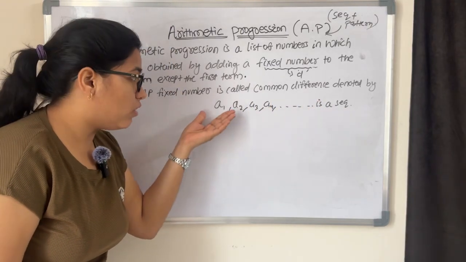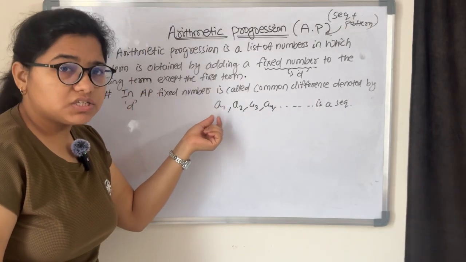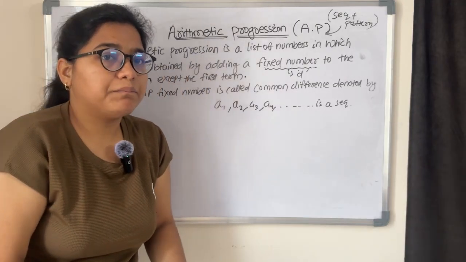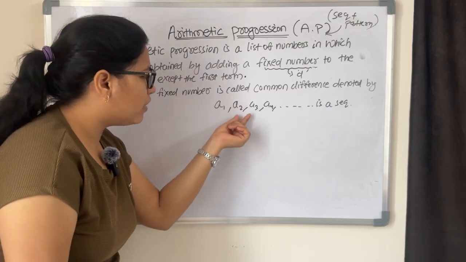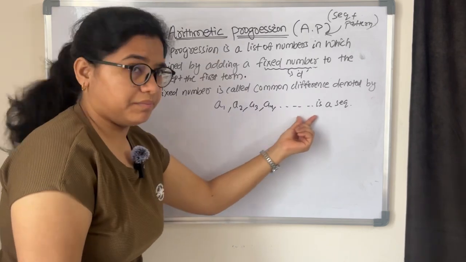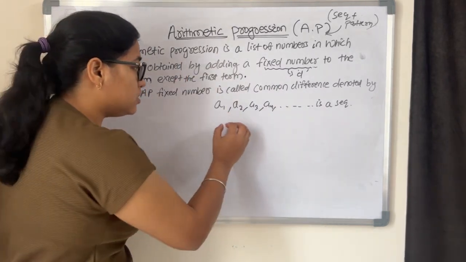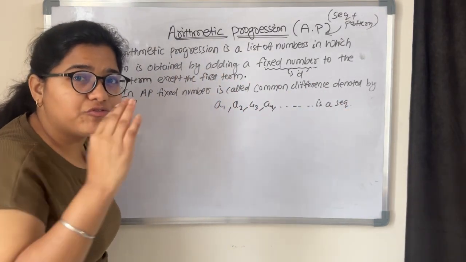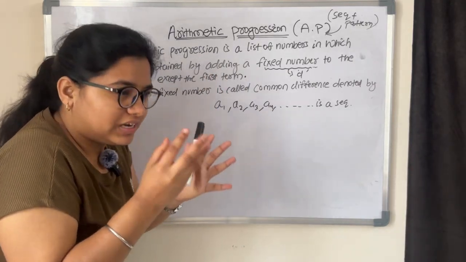And in a sequence of numbers, these are numbers. Okay, these are not variables, means these are not constants. Variables means they can take many values, many numbers. So these are numbers. It can be 1, 2, 3, 4, 5, 6, 7, 8, any numbers. These are a list of numbers. In general I have written this to explain to you guys. Suppose these numbers are in a sequence and we have to find whether this sequence is following a pattern or not. How to find? What is the procedure?